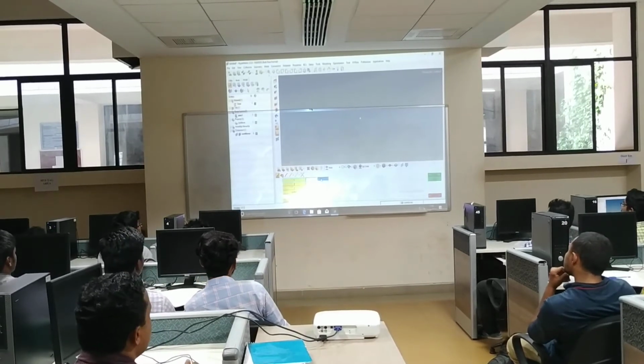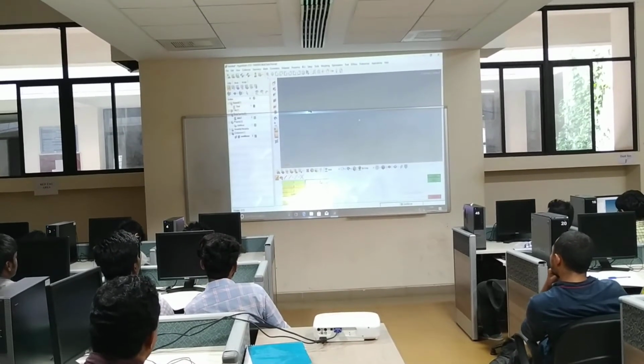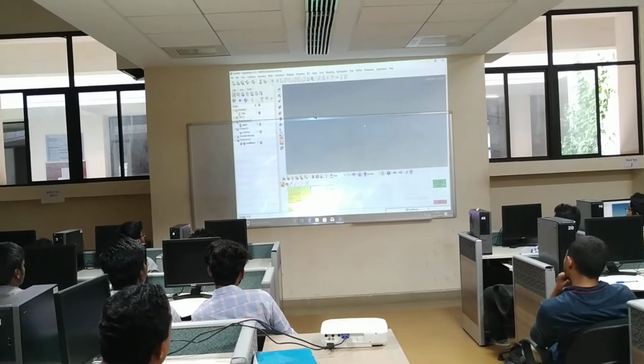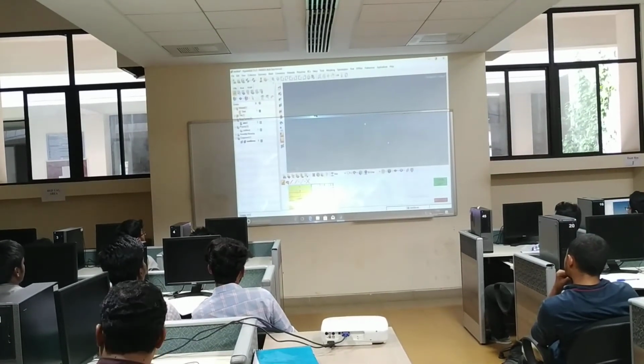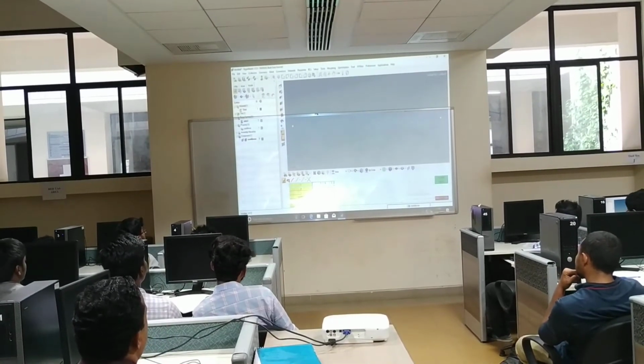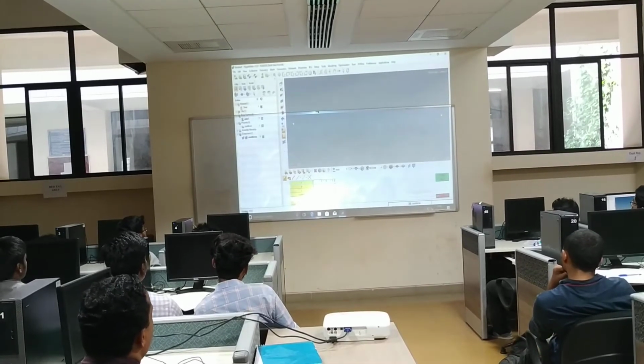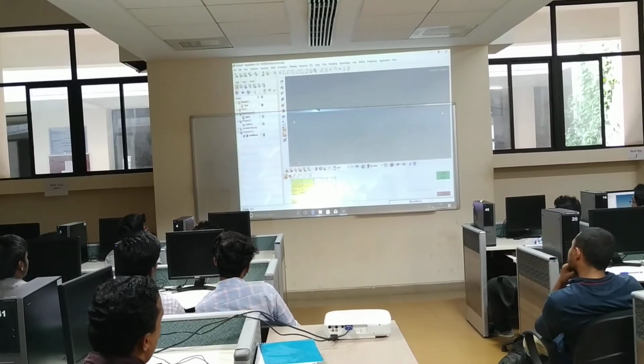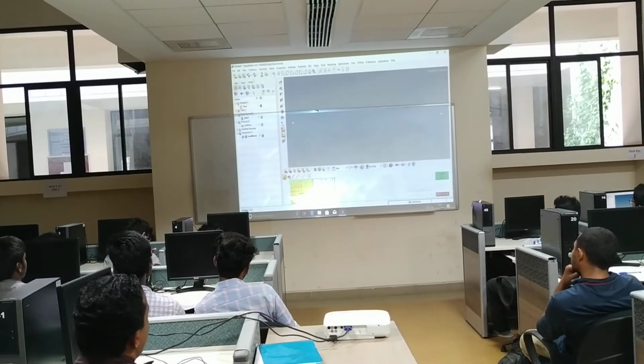Next point, how much distance? 1000 mm. Give 1000, then create. Then press F. Point 1, point 2. Here you have to arrest completely. Here you have to give the load. Then next step, what is the next step?